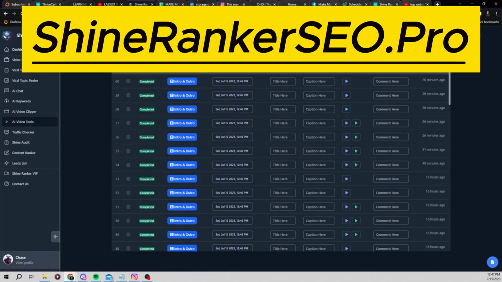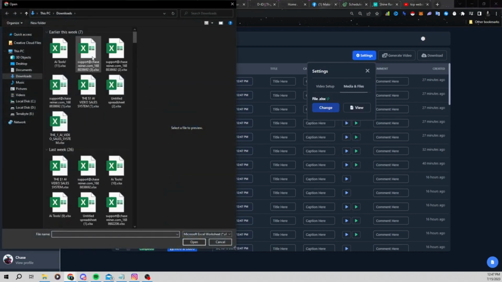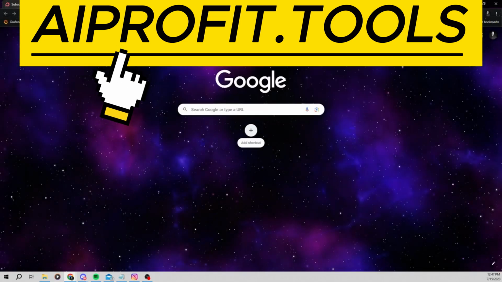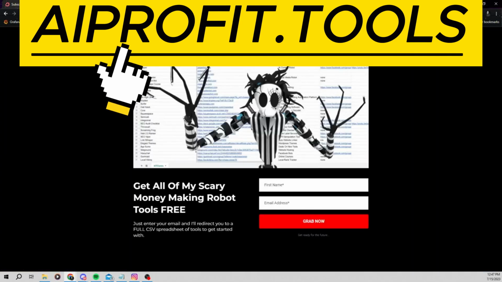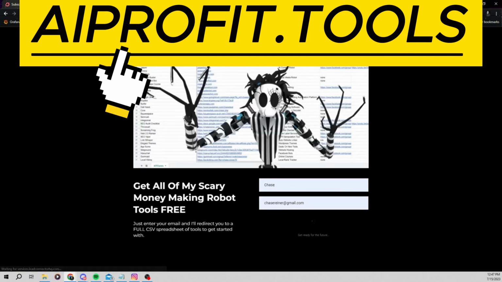So if I go to RANKER and I upload a list of websites, I can click on change right here. Upload any spreadsheet I want. Now, if you don't have your own spreadsheet of websites, we can head over to and enter our info. It just asks for an email, and you will get taken to this checklist that you can actually upload into